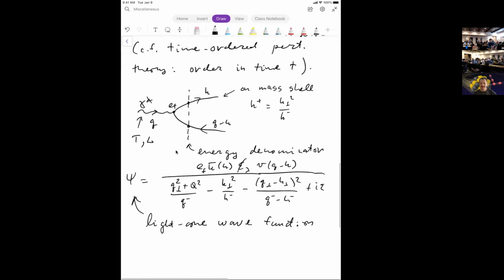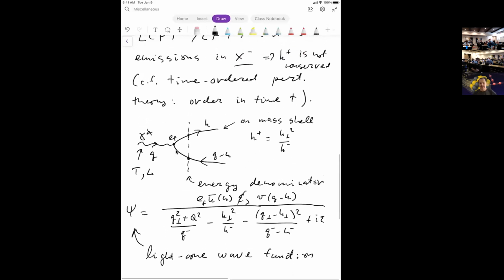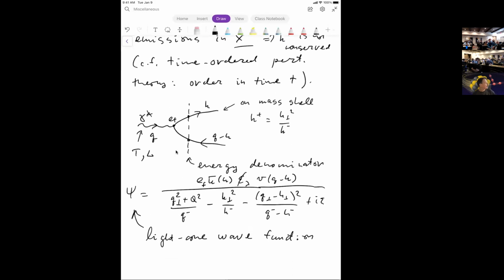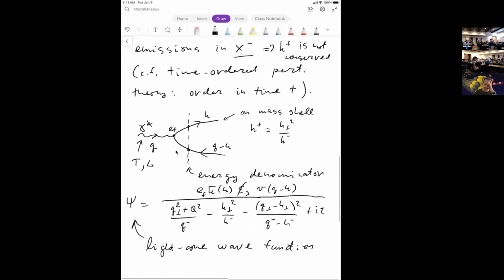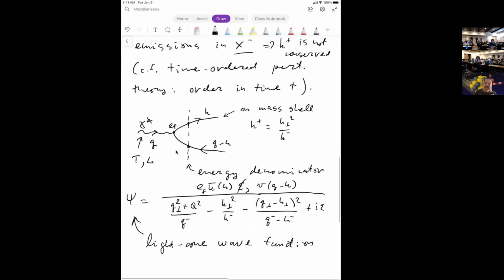Is there an analog in equal time quantization for an equal time wave function, or is that nonsense? In a time-ordered? Yes. So you can talk about equal time wave functions. Let me just think for a second. I usually work on the light cone, so there's a bit of an adjustment there. But there's certainly time-ordered perturbation theory, yes. Whether one can talk about wave functions, I don't think so. Let me just think for a second.